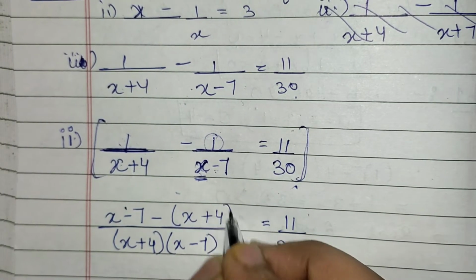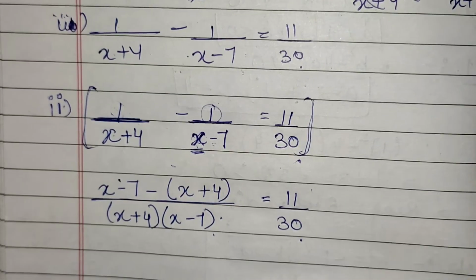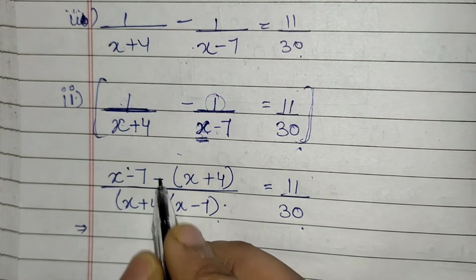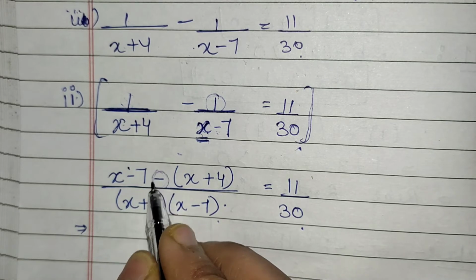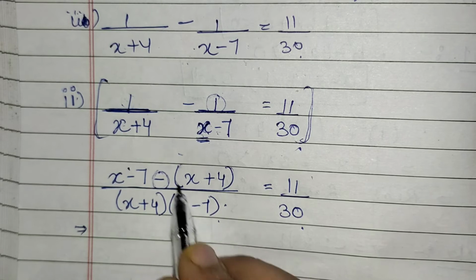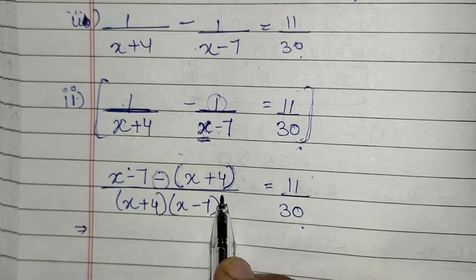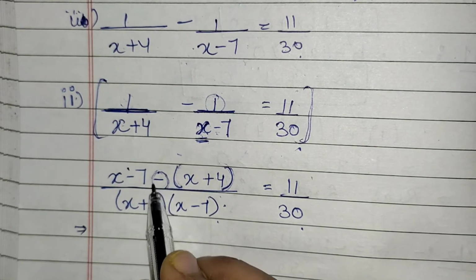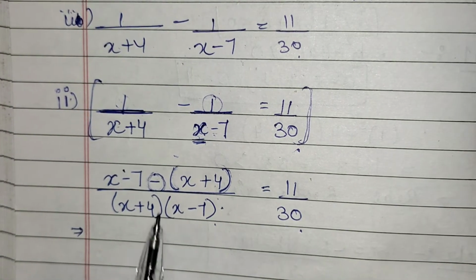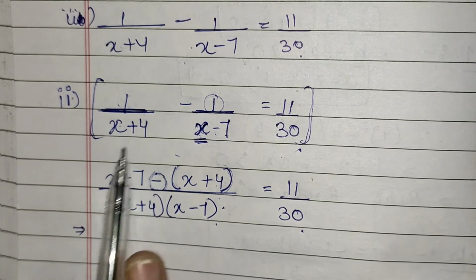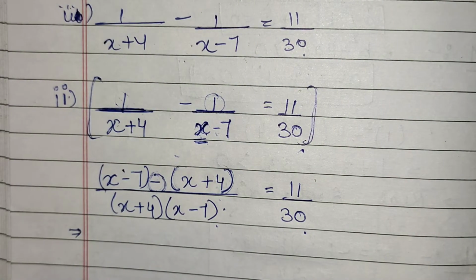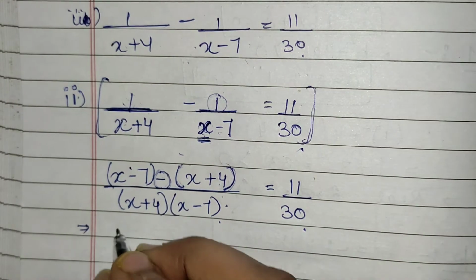Here it will be x plus 4. Okay, so you know very well how to take LCMs, right? So take care of these signs while taking LCM. If it is plus or minus, then you have to keep your term in the bracket only, because if it will be the negative sign, then you will make mistakes while doing the calculations. So always make it your habit, when you are taking LCM, keep your terms in the bracket only. In the next step, remove the bracket and then solve them.